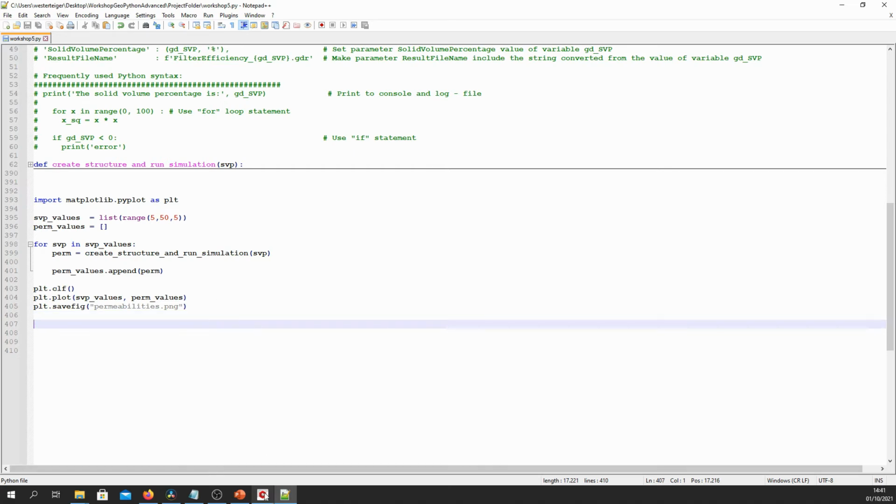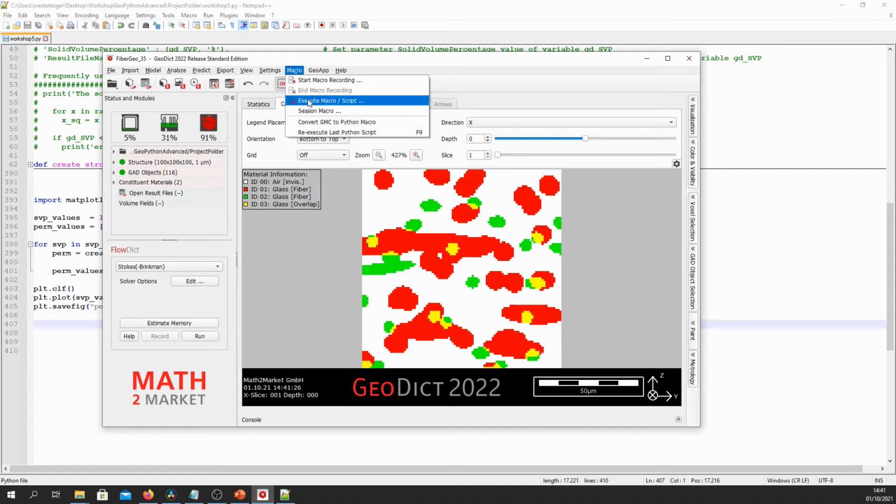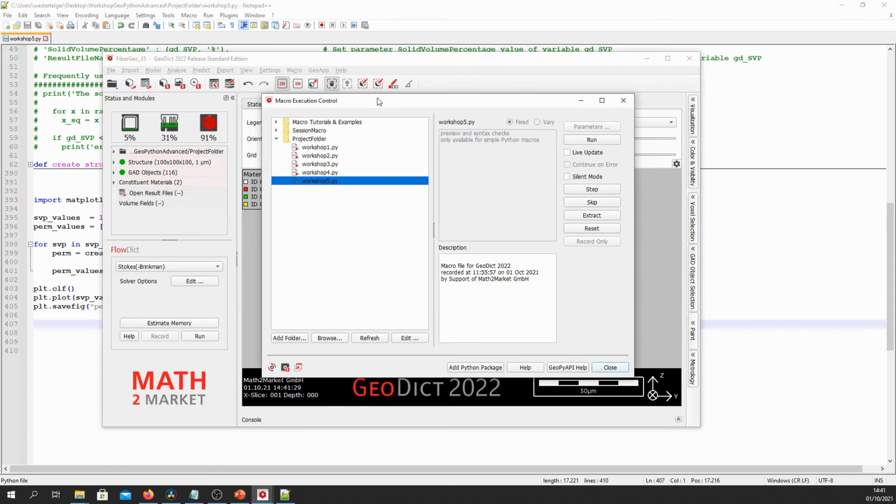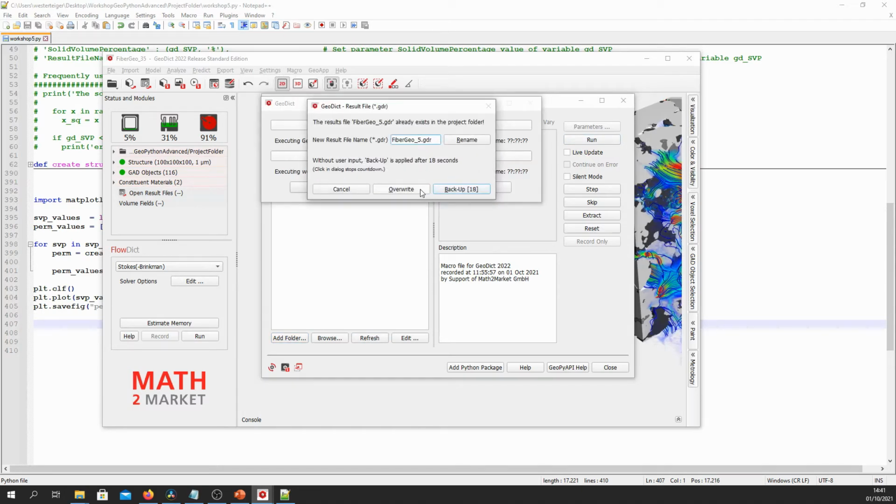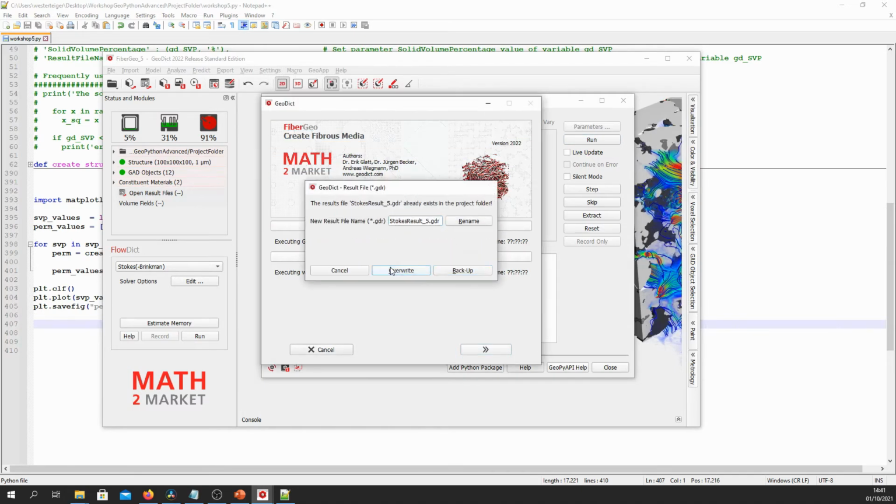So we go back to Geodeck, macro execution, and possibly hit refresh till we see workshop5.py, select it and click run. Now it'll ask again to override several times, so just click override.